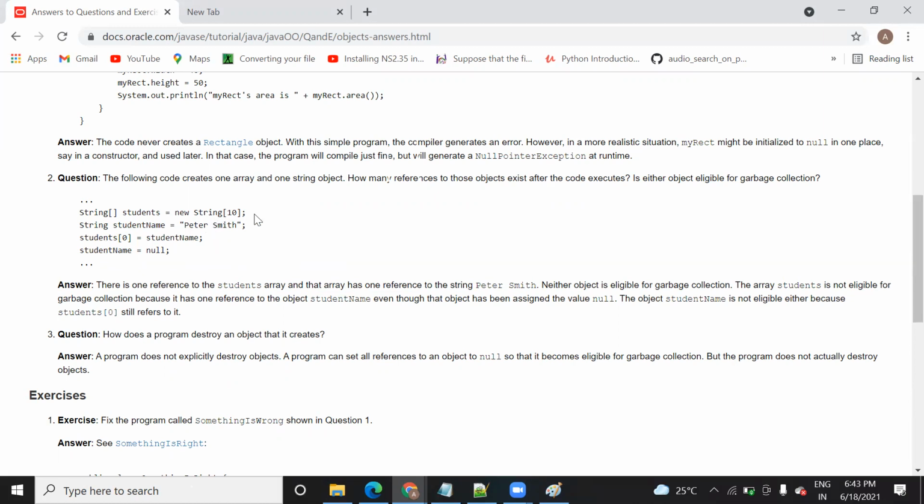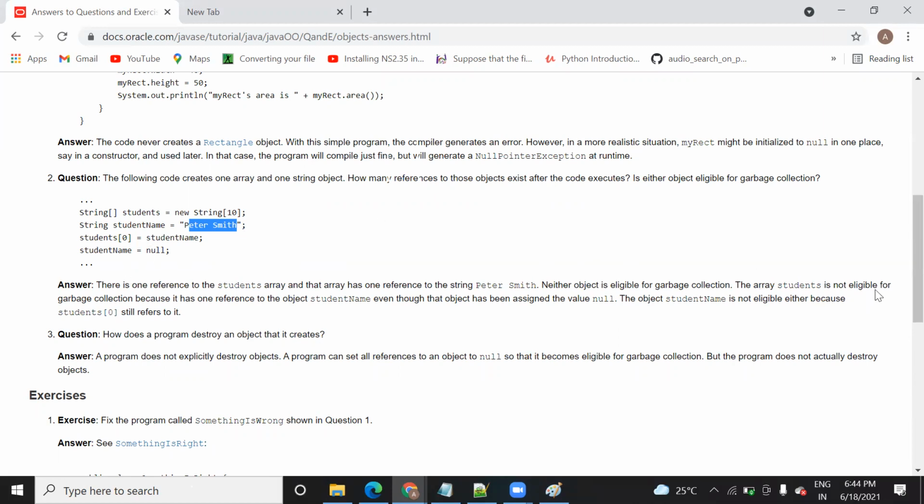When you declare this string array, it means that you can hold 10 string values. So this zero index will be initialized with the first name. So there will be only one reference. Okay. Neither object is eligible for garbage collection.